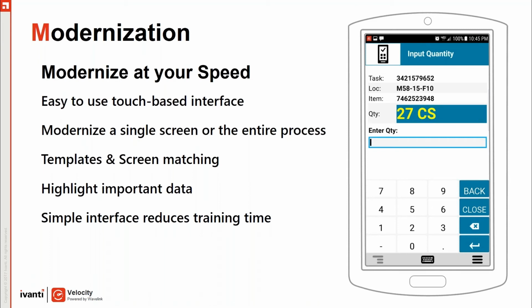do multiple functions. So to close out an application in a green screen may have taken 2 or 3 keys, whereas here you can close the application out, and hitting that close button will actually, behind the scenes, do all the necessary functions to close that out. So what it's doing is it's simplifying it. It's cutting down on the training that's required